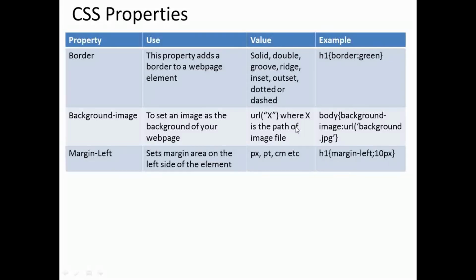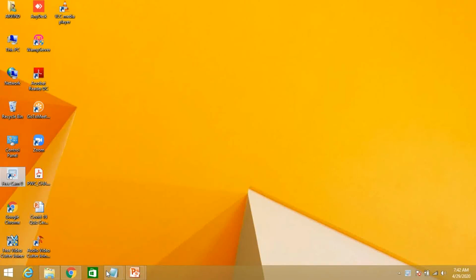I am applying this image to the body as a background. Body, curly braces, background image, and then URL. URL means the name of your image or the path of your image where you have saved your downloaded image.